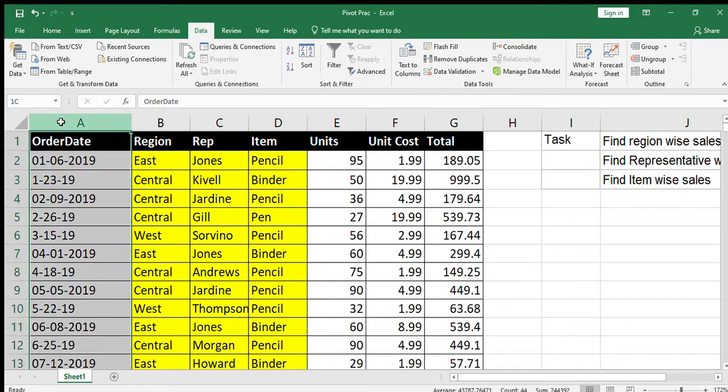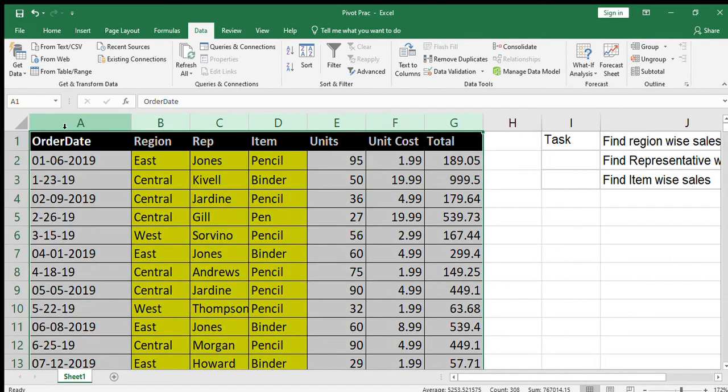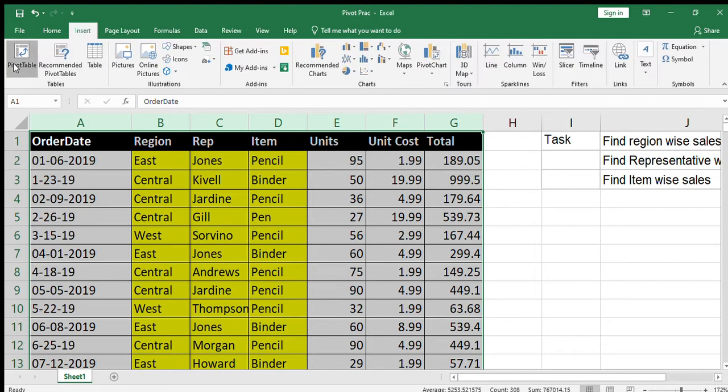Okay, now we have to move out of the data tab. I'll just select it, I'll go to insert. Okay, and I'll click on pivot table. Okay, now you see select a table or a range, so it's automatically selected. It's sheet 1 A to G. Now the reason why it has got a selection of A to G is because I have just copied the rows altogether. I have not copied the table.